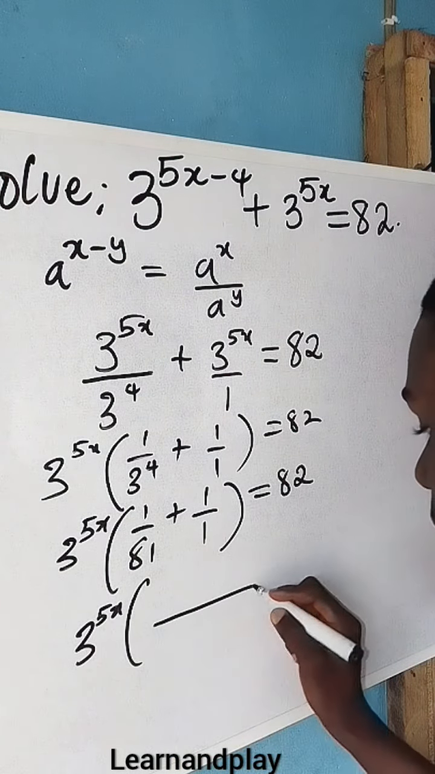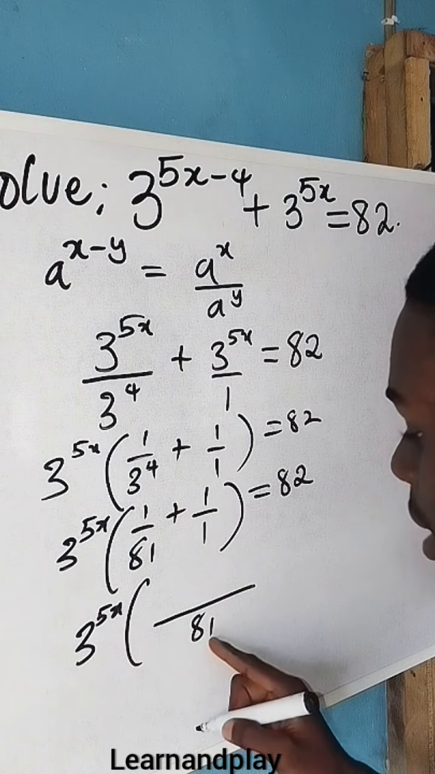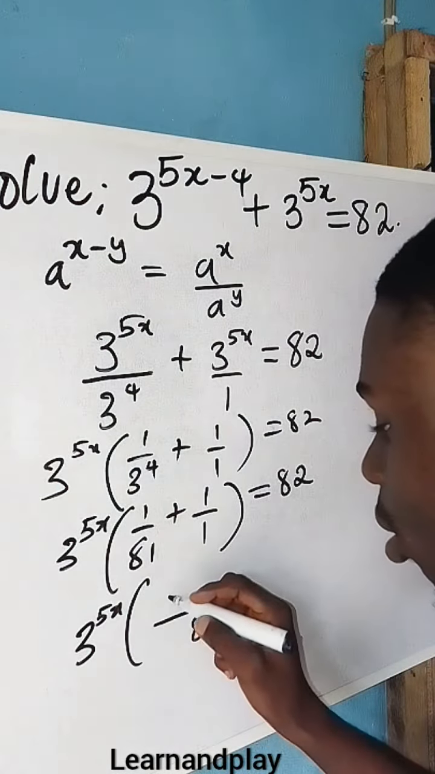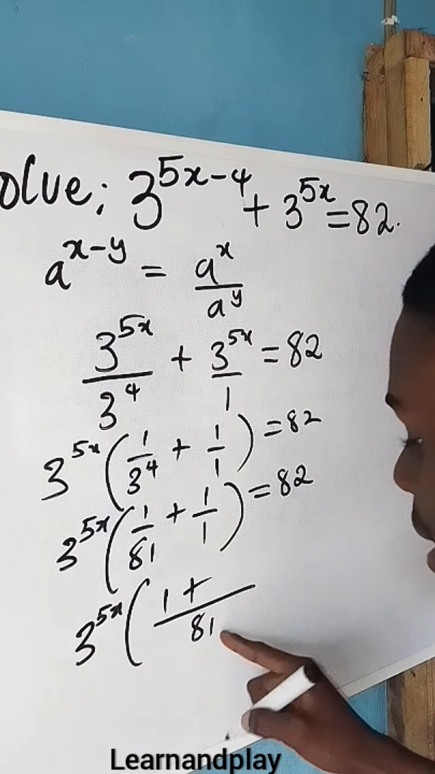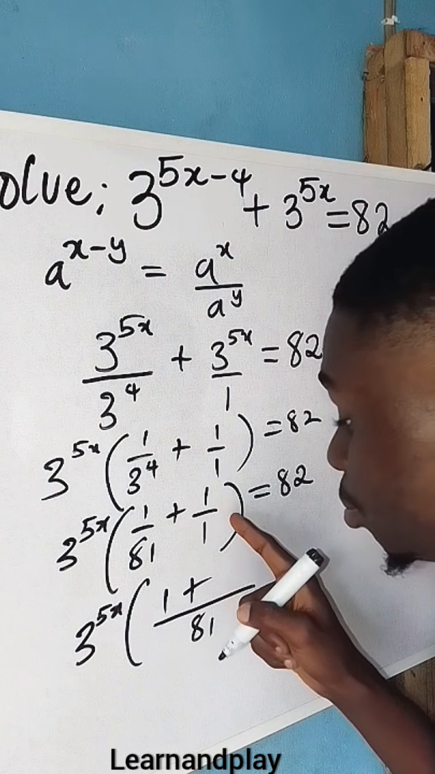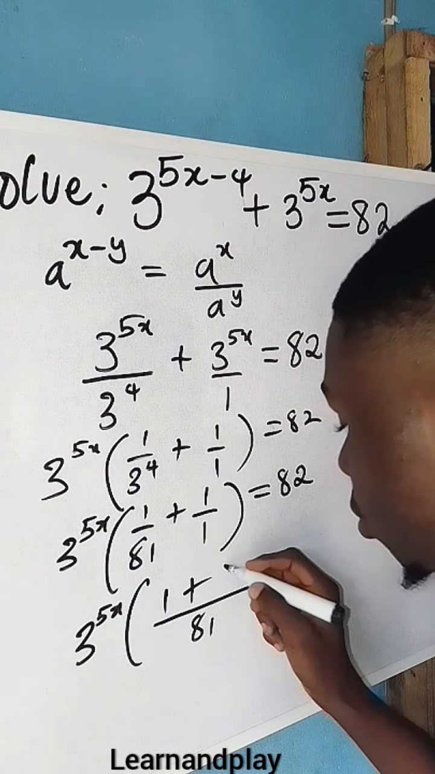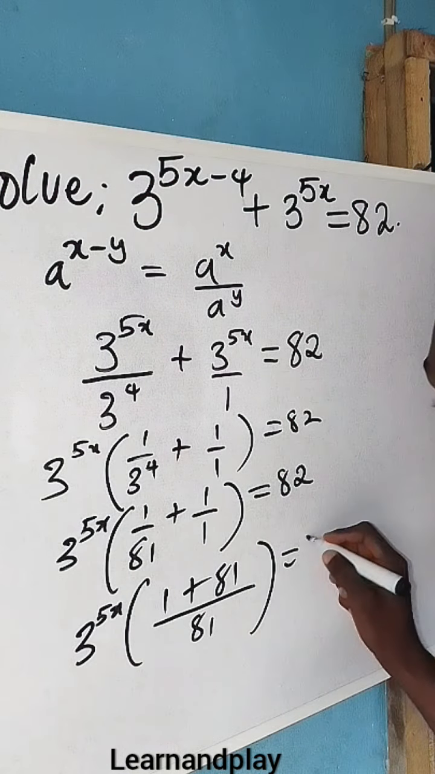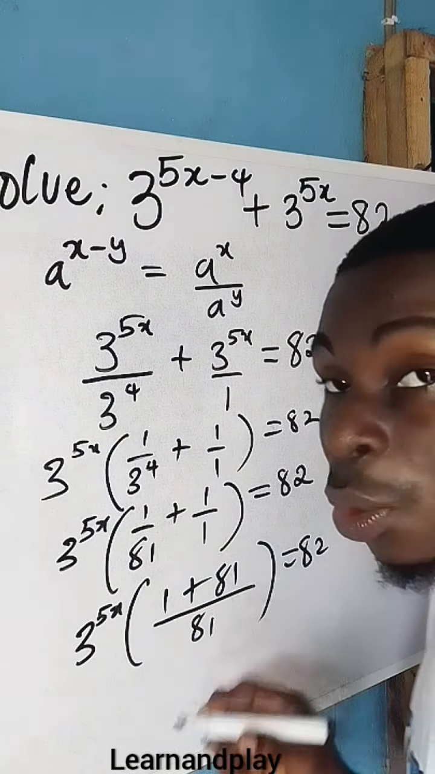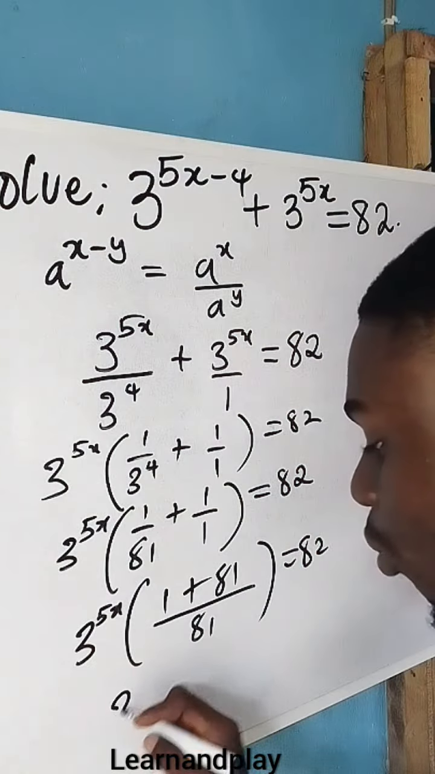you draw a line, since the LCM is 81, so 81 divided by 81 will give you 1. 1 times 1 is what? Is 1. Plus 81 divided by 1 is 81. 81 times 1 gives you 81. All this is equal to what? 82. Now let's add this. 1 plus 81 will give you 82. So we are going to have 3 to the power of